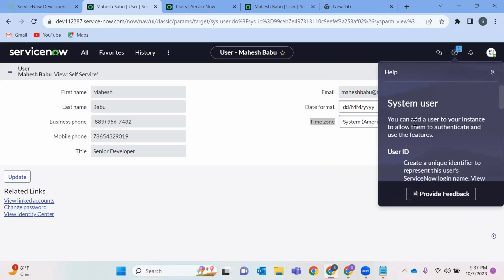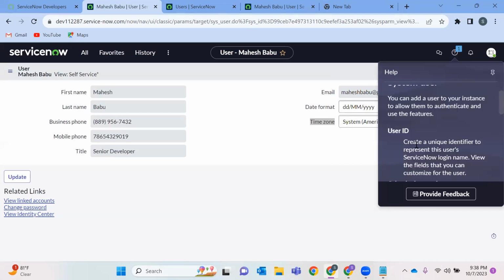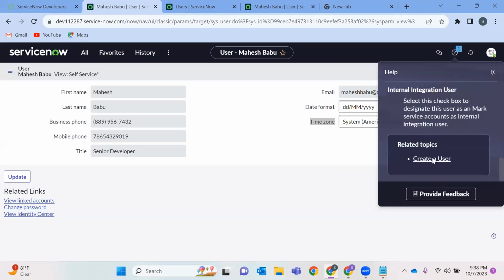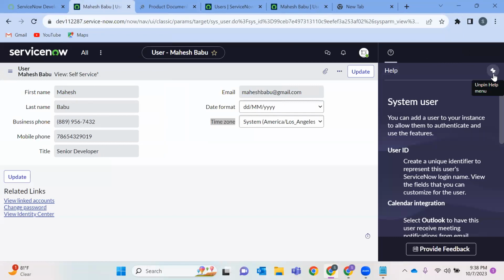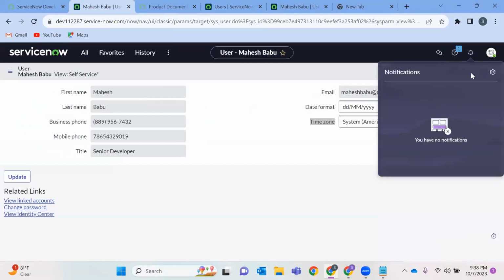If you see system user, you can add a user to your instance to allow them to authenticate and use the features. What is a user ID? If I click here, it helps me with how I can create a user in ServiceNow. This takes you to the documentation again. And if you want to pin it, you can do it like this.